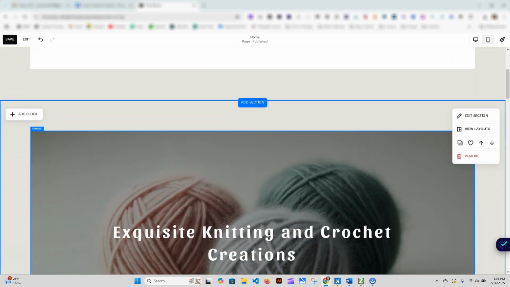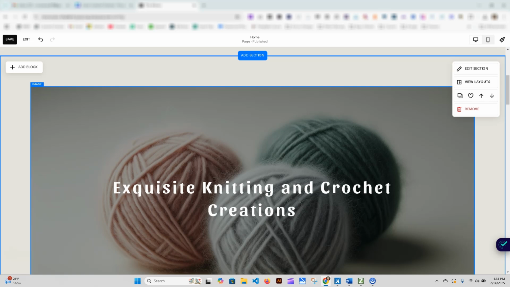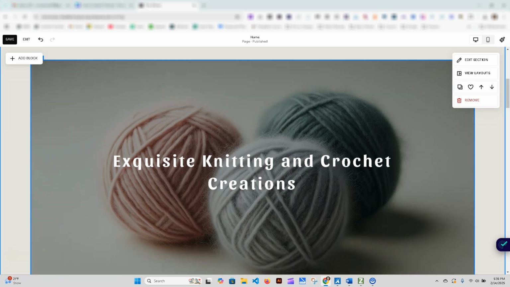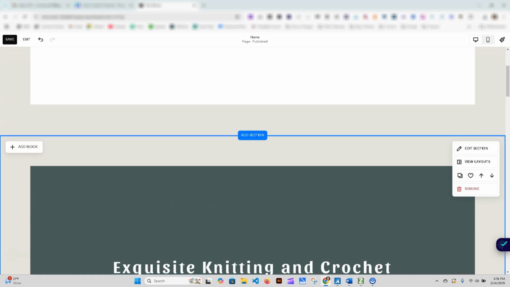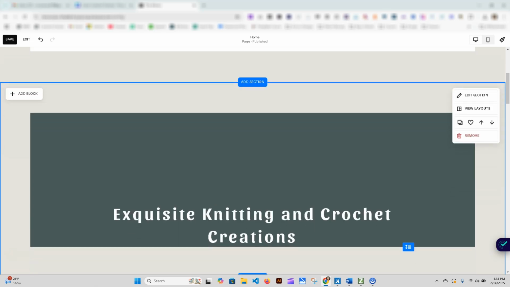So how would we correct this? If I scroll down a bit, I have the same image with the text here. And if this image weren't to load, I've simply made sure the background color contrasts with the text. It's that simple of a fix, but it's just something people aren't considering.